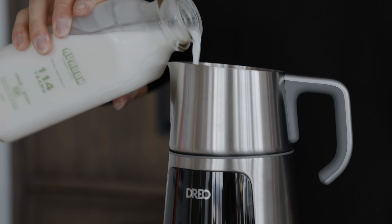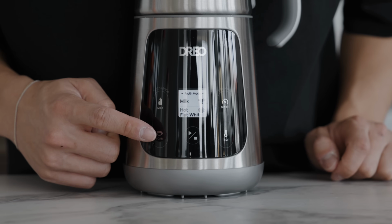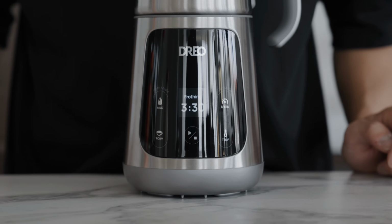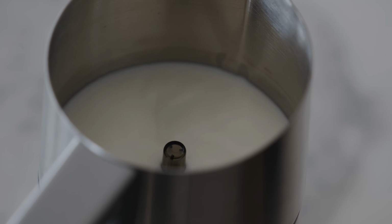And so we're just going ahead and pour the milk in and set our settings to just making a latte, which is what I probably drink the most. And I feel like it's a very good middle ground to test, but you also have the option between making a latte, a cappuccino, a flat white, depending on the foam level, and you can also fine tune the temperature as well. The Barista Maker is also one of the few frothers that is able to work with alternative milks,